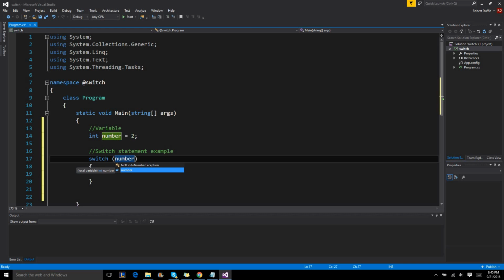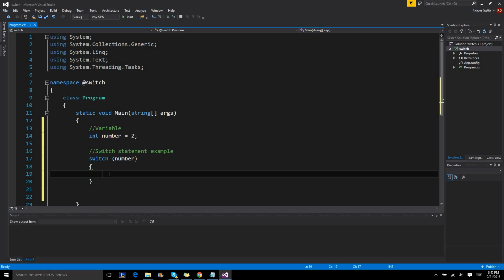So if you declare a variable and you want to check that variable for multiple cases, then you would just put the variable name in here, and then the cases will serve as your conditions. So, all right, after we put that in our brackets, to specify each case, we use the word case, followed by what we're checking to see if our number produces. So in this case, we want to check to see if our number produces a 1. And then that's always followed by a colon